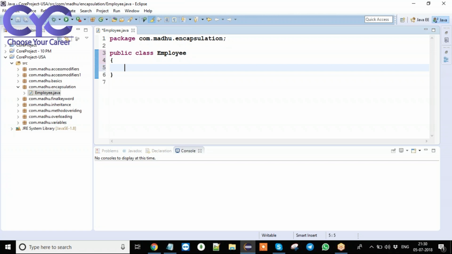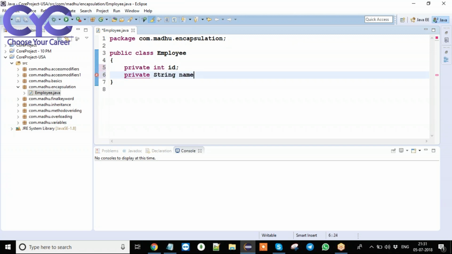For the Employee class, I am creating some private variables. What fields do we have? int id, private String name, private float salary. So let us take these fields for an employee.